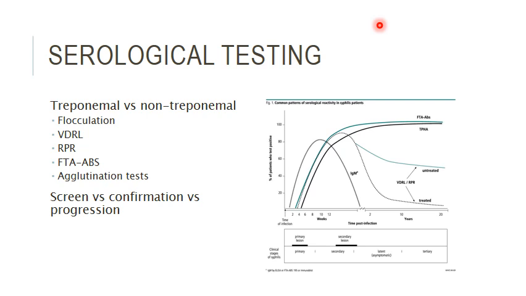VDRL is still used for CSF specimens because you can't run CSF using an RPR. But VDRL is still a very manual test. You still have to prepare the antigen daily. There is a certain level of error because you're preparing it daily, and it is obviously very short lived, with a very short shelf life. Okay,